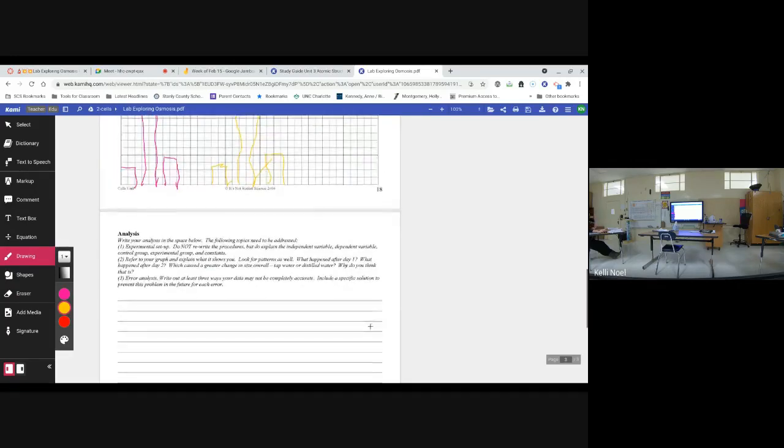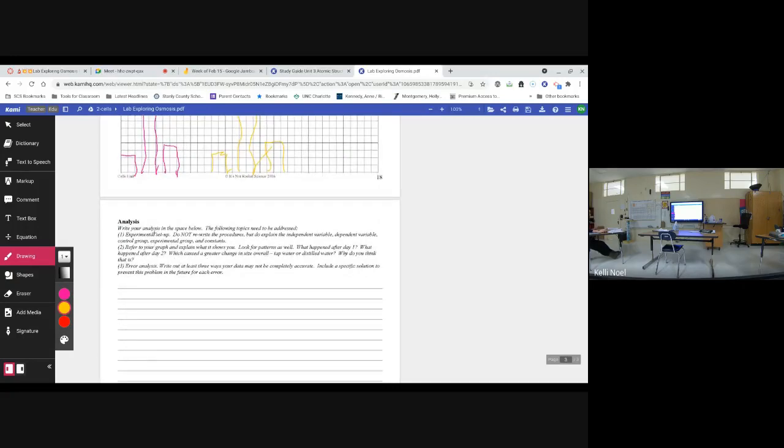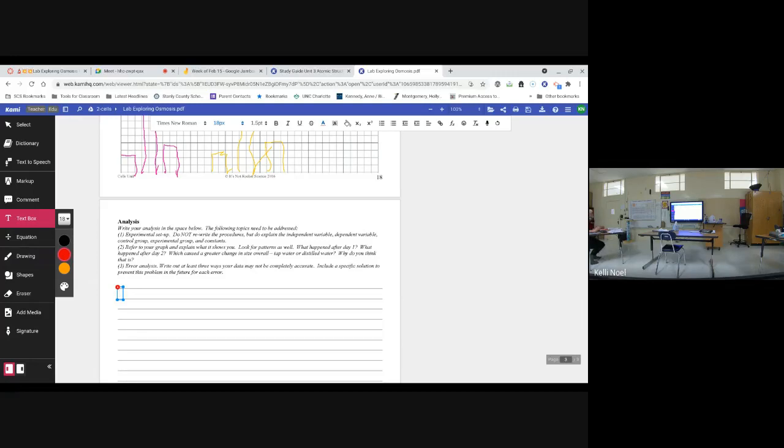All right, so for the analysis, we're not necessarily going to address number 1 in this case. We're going to explain definitely number 2. So in our text box, and most of us got the same thing, refer to your graph and explain what it shows you. So you're going to say that less tap water entered the gummy bear after day 1 than